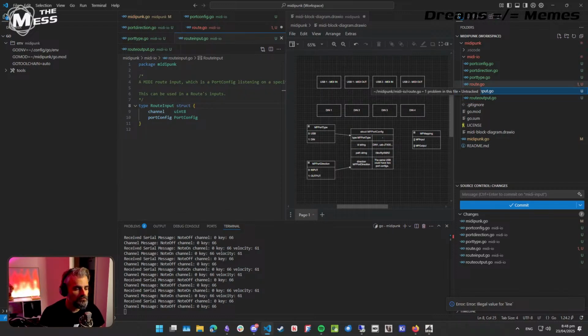So I'm wondering if you could assign a port output to a route input. Yeah, you could do that. I don't know how to show that in the UI, but